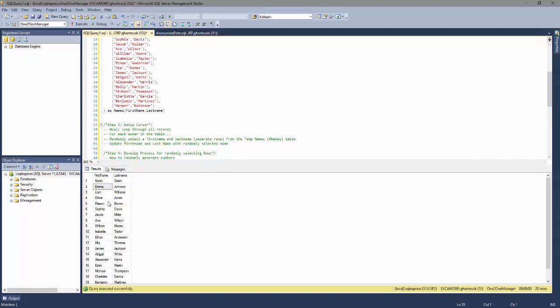So just to kind of look at the result set here for a moment, my goal is to be able to pick, out of the first row, the first name, and then out of the 13th row pick the last name, and make those be a pair. That way the data is more unique and there's less consistency. In order to do that effectively, that's going to require us to randomly generate at least two numbers and then select the first and last name from those rows respectively. But before we get into that, let's go ahead and set up the cursor so that we can walk through